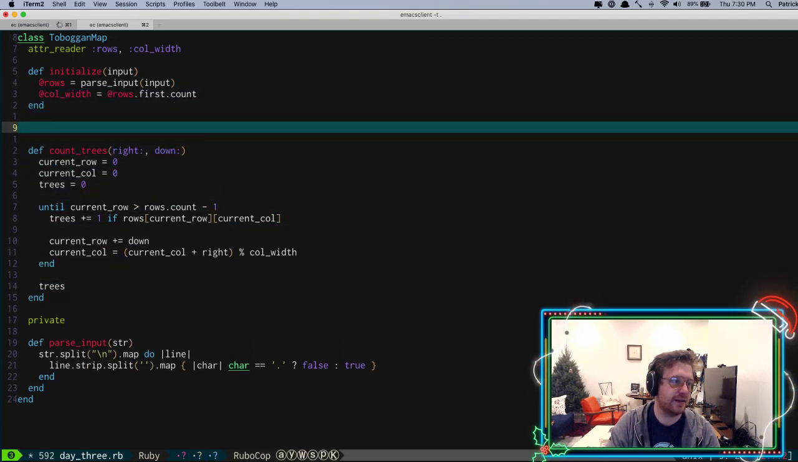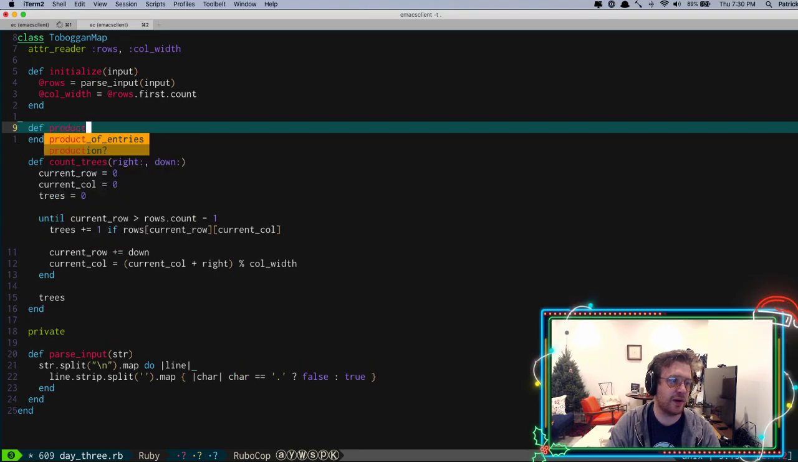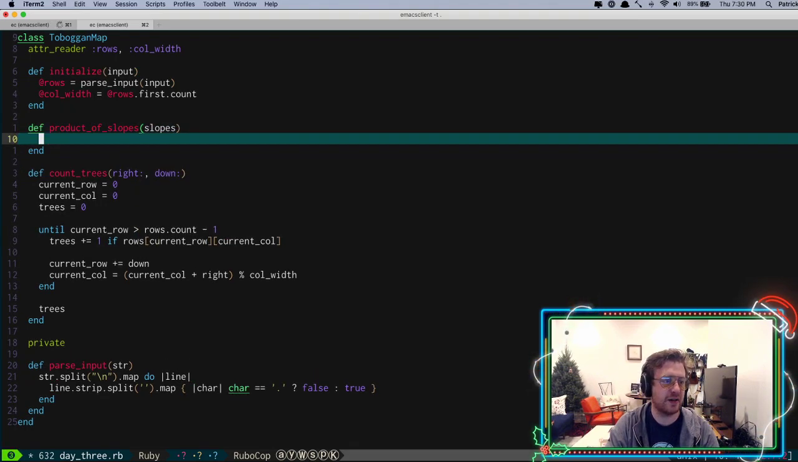And let's see, let's do product of slopes. And then we're going to be given some collection of slopes here. What we can do is slopes.map. Here's a slope. We're going to call count trees. And actually, what we can do here is multiply them all together. So we can do reduce. There's our accumulator. We want to count trees for,